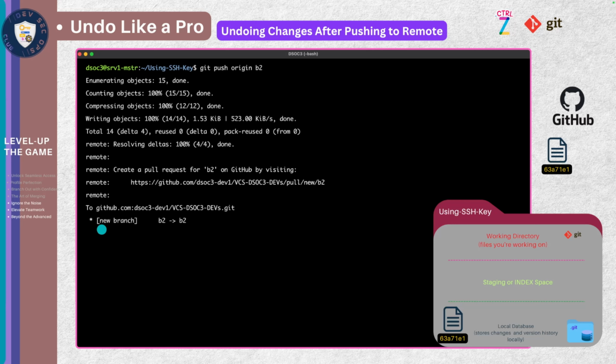And now we know, okay, new branch, it means this branch was not on remote, it has been created. So all the changes have been pushed to my remote repository in this case. Now we are good. Okay, so far I'm very happy, my code is okay. Wow, I pushed to the remote repository, and then I realized,